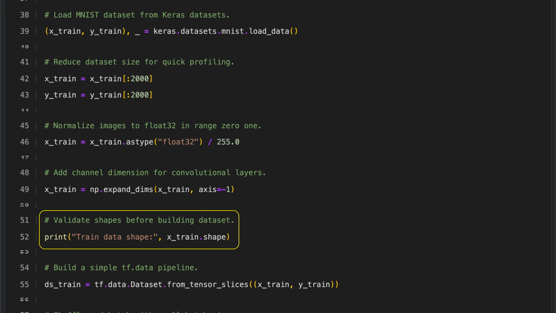Before building the dataset, the code prints the shape of the training data to confirm that it has been processed correctly and matches the format the model expects. This check is especially important after steps like normalization and adding a channel dimension, which can change the data's structure. Verifying the dimensions in this way is a key debugging step that helps ensure the data pipeline is correct before